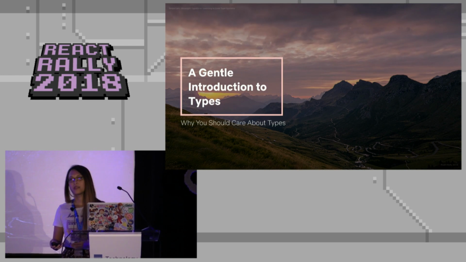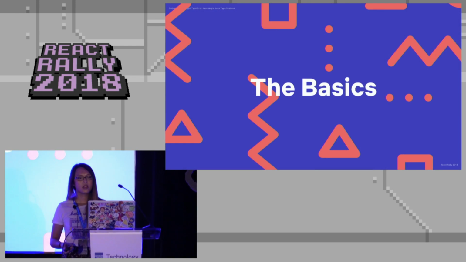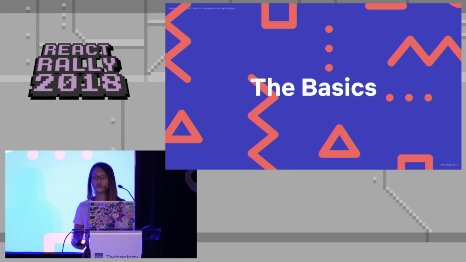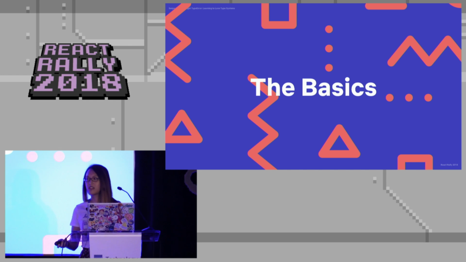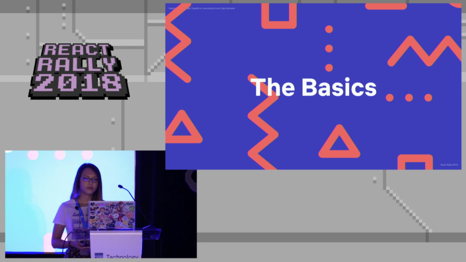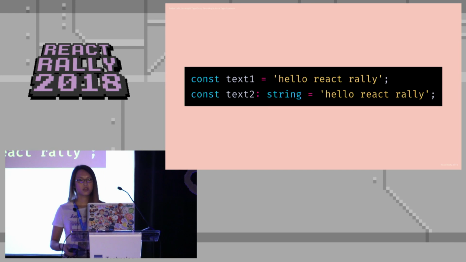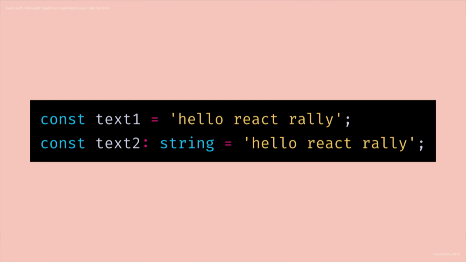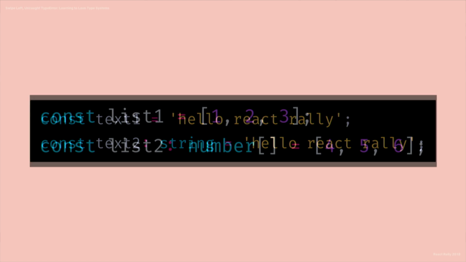So we briefly saw what types in TypeScript look like. Let's learn some of the simple basics to establish the foundation for the next topic. I'm not going to go through everything here, so don't worry too much about syntax. Focus on the ideas, and you can always look up the syntax later. So first, let's look at variables, something that you probably use all the time, I hope. You specify the type after the variable name, and these are actually both equivalent since TypeScript can infer the type, even if it's not explicitly declared.